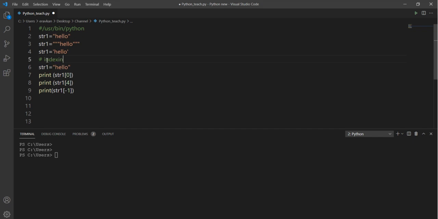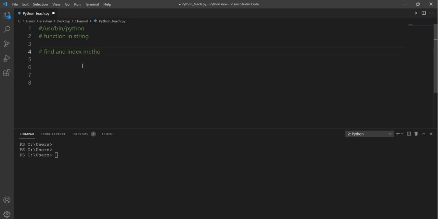Now we will move towards some functions in strings. There are a lot of functions in a string, so I have prepared one more video for a detailed explanation. In this video I will cover only two basic functions in a string. First is your find and index method.